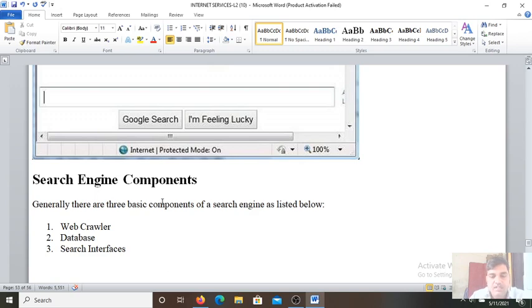So first of all, I have to visit a search engine. The most popular search engine is Google. Open Google by typing www.google.com in the address bar and press the enter key. Conduct the search. To conduct a search on Google, type the text which you wish to search for in the search text box. Here, this is the search text box. Here you have to type and press the enter key.